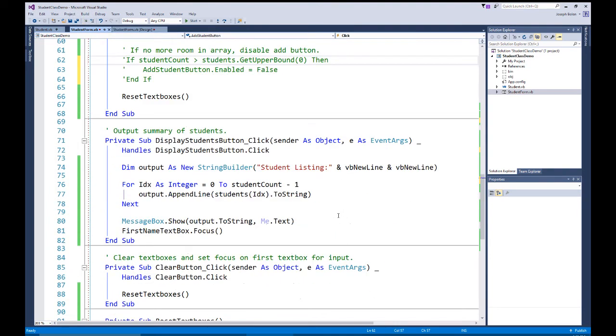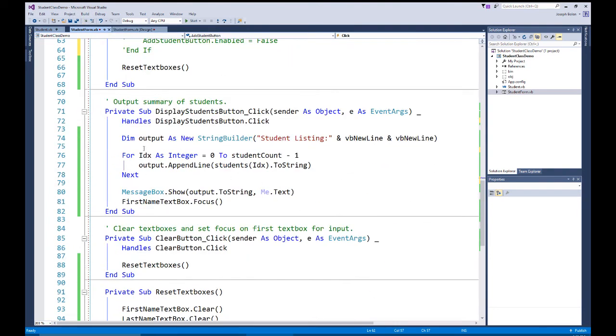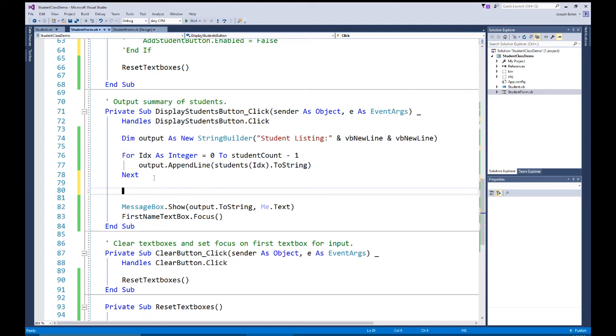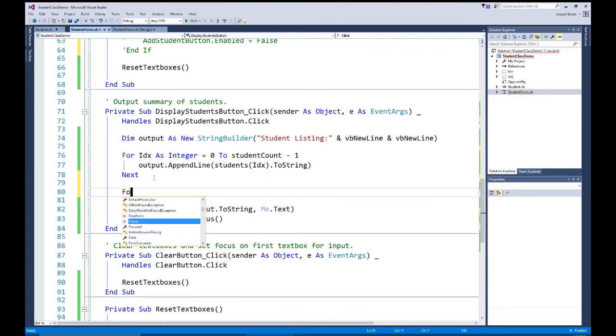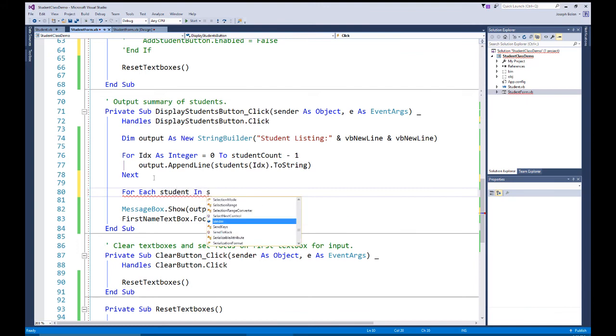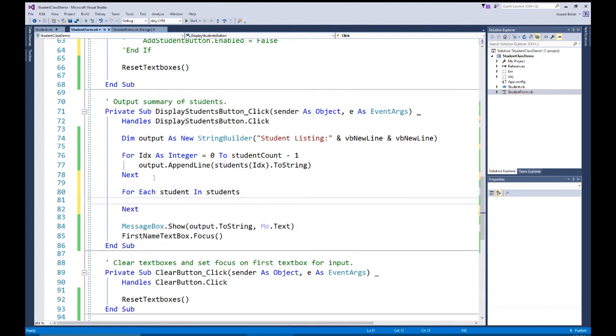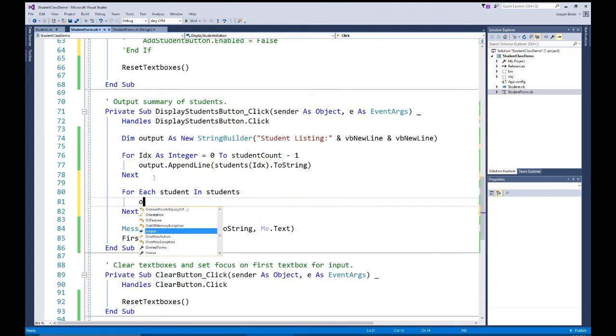Now as we come down to our display though, I've got to change the way I output my information for the display. So this one becomes actually a lot easier. We're going to iterate through our list by using the for each. So I'm going to say for each student in students, the students list. On that, what I want to do is take the output, append line,